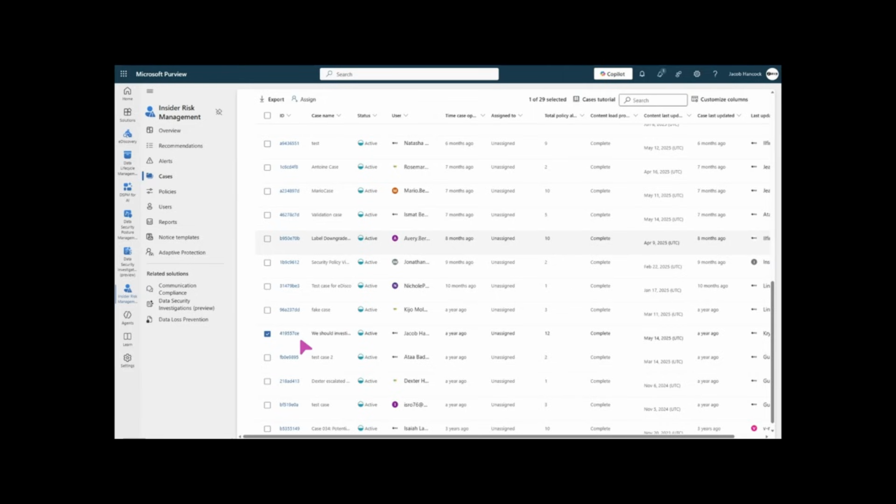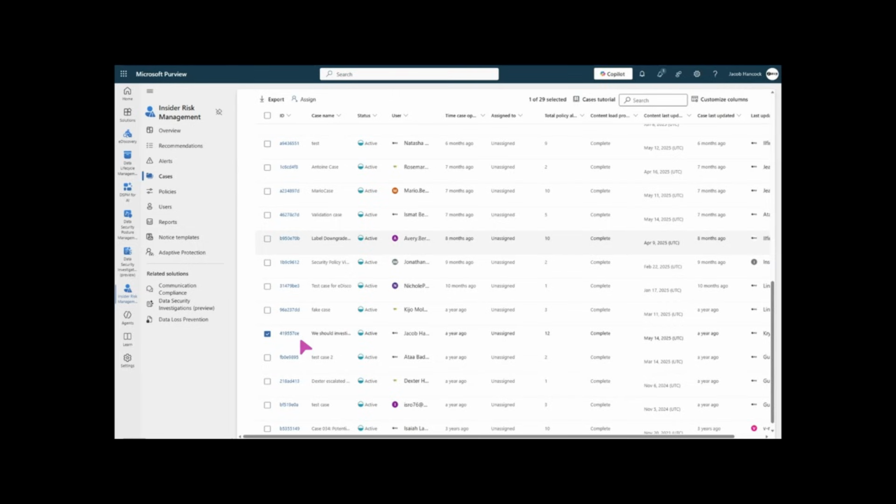And at the end of the day, we still have the same challenge. How do we analyze a big pile of data at AI scale? So here I'm in Purview Insider Risk Management. And I don't know if you're familiar with insider risk management. If you're not, you should definitely get familiar with it. It's a very, very important solution to secure your data security estate. But basically, there's a notion of managing or tracking risk at the user level. You get a notion of alerts, which then graduates to cases.